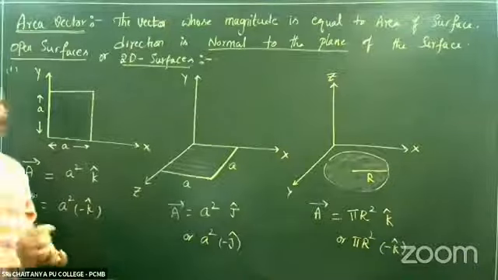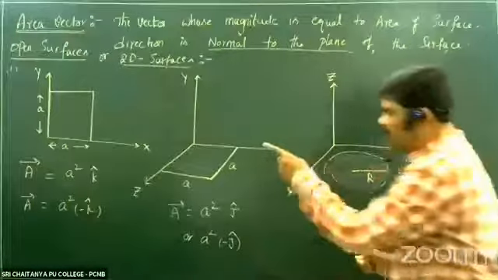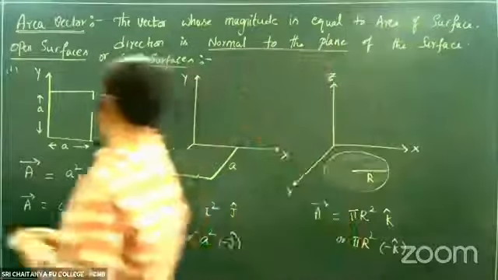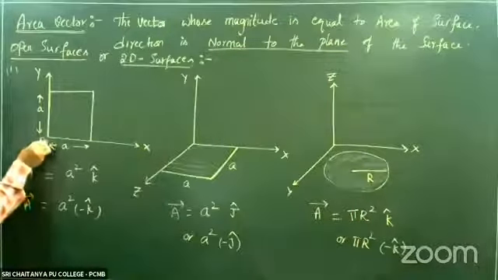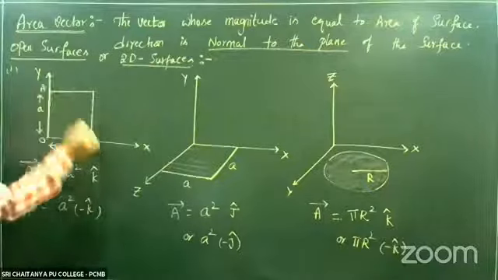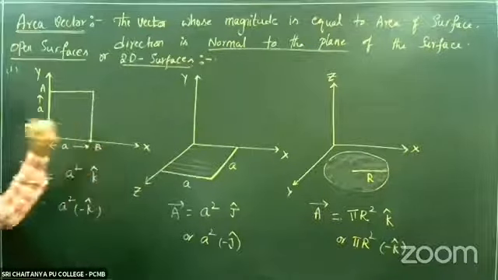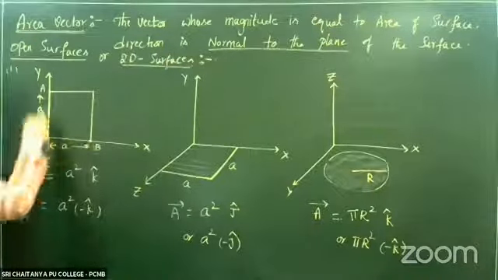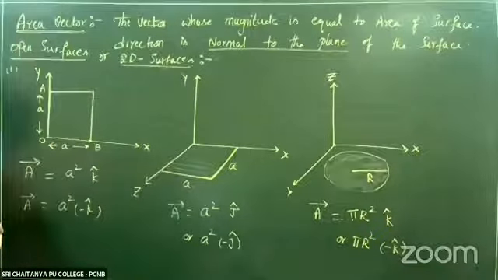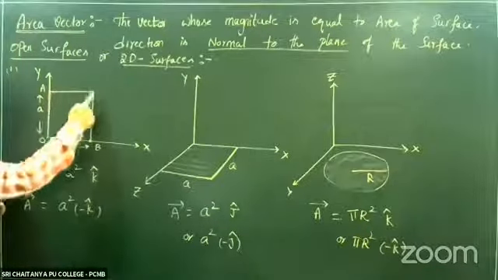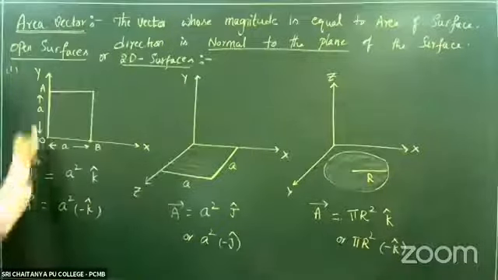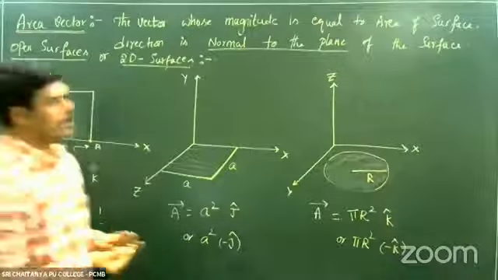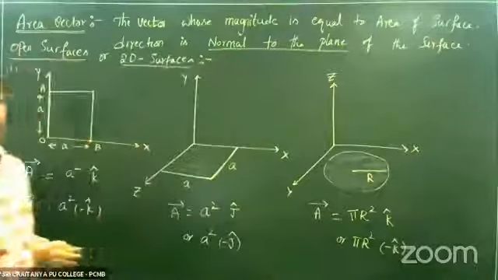In general, if you observe all these, if I take this origin O, this is A, and this is B. If this is one vector OB and this is one vector OA, then what is the area vector by using these two vectors? Right? See, come on, note down this.